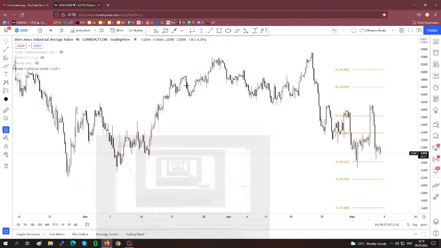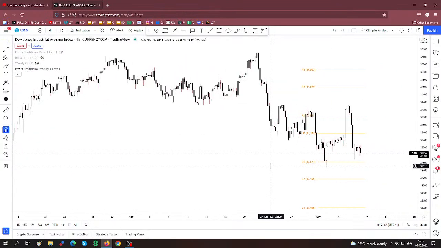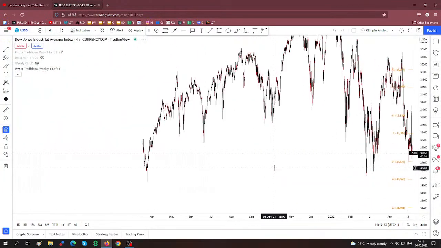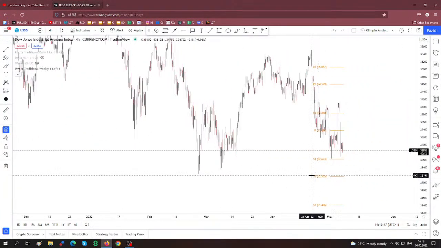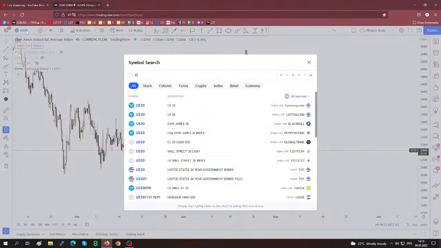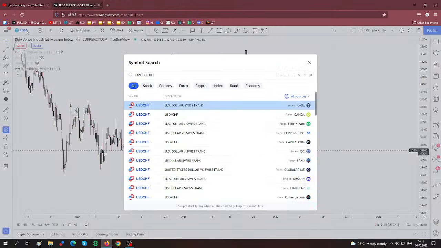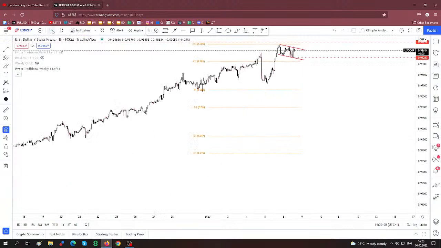Okay, sorry about that. As I've said about the US 30, I don't have something right now here, because maybe it's too late to sell it around these former lows. Okay, so the only trade right now could be here on this market,